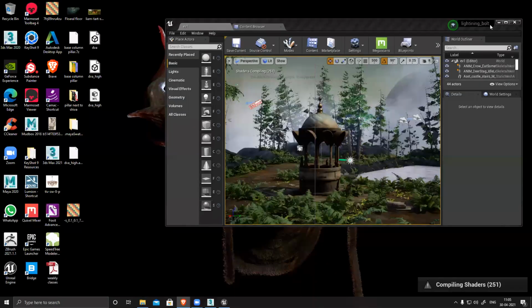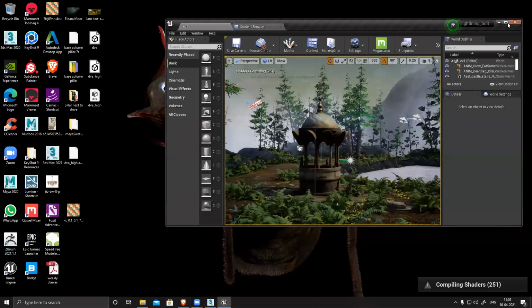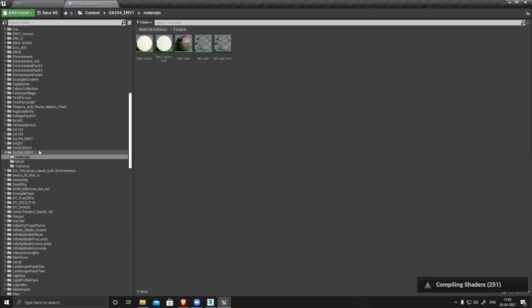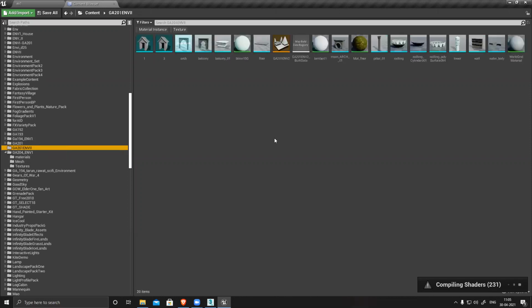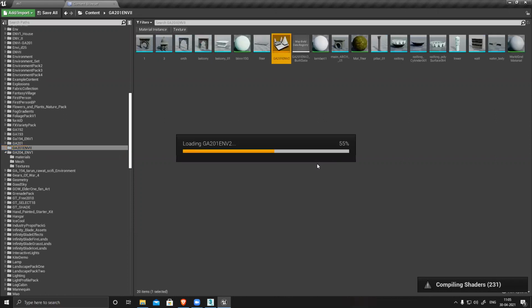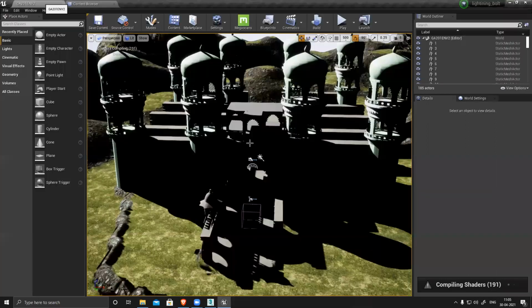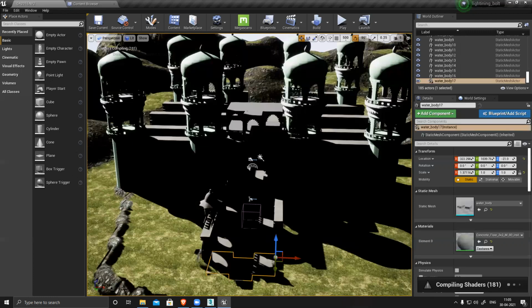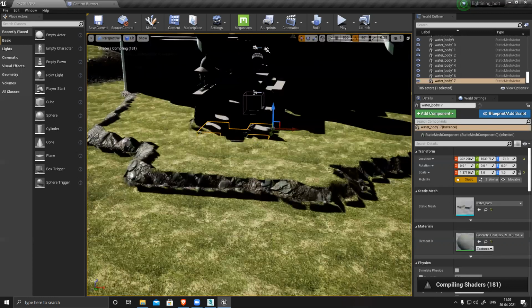Okay, let's see which one. Okay, now can you start texturing this section?